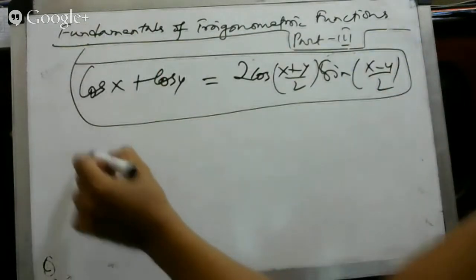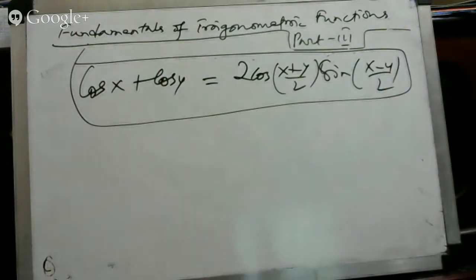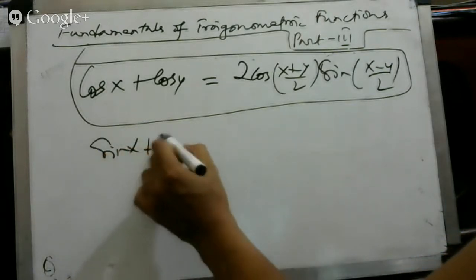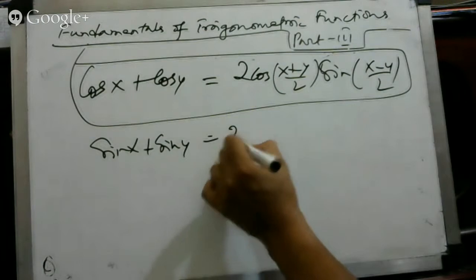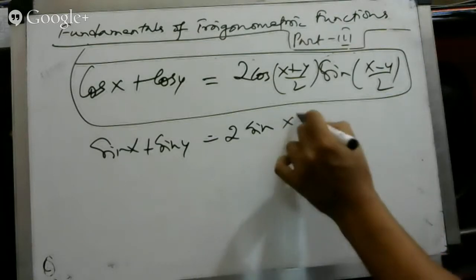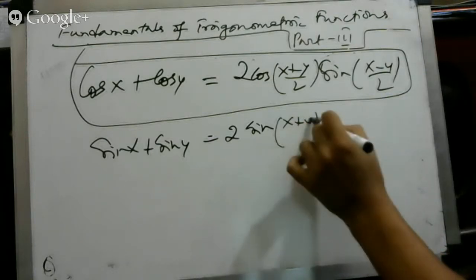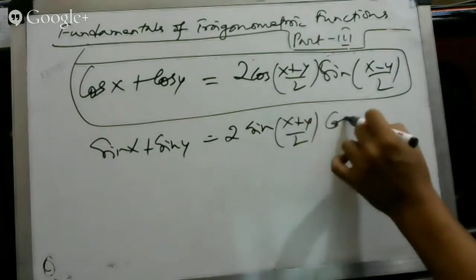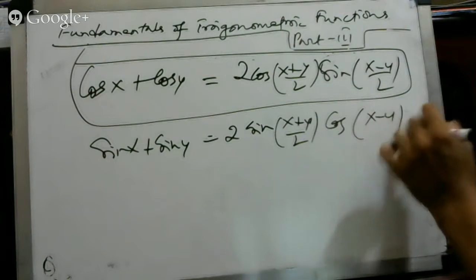So in a similar fashion, we can also prove sine x plus sine y, which will be equal to 2 sine of (x plus y) divided by 2 and cos of (x minus y) divided by 2,